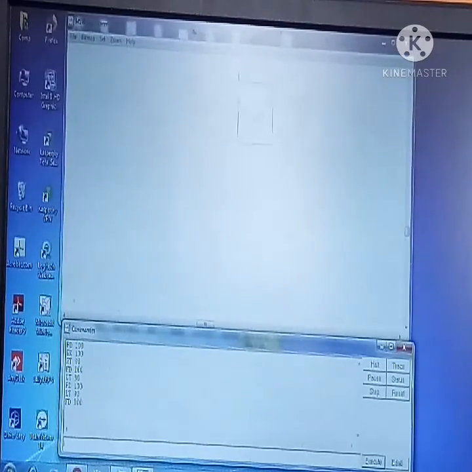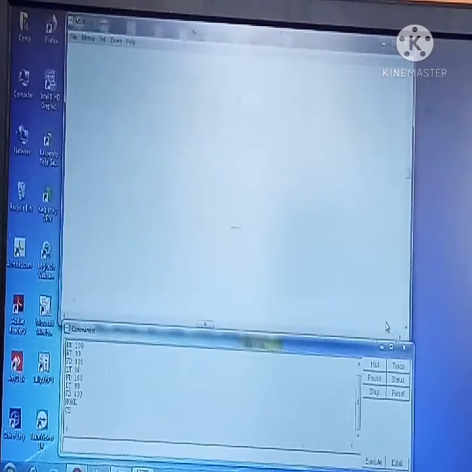Now let us see how the home command works. I am going to input the command home in the input box and press enter. Now you can see how the turtle has come back to its home position. Now if you want to draw a new shape using these commands, you need to clear the screen. What is the command to clear the screen? It is CS. Give the command CS in the input box and press enter. The screen will be cleared. You can see how the screen appears now.